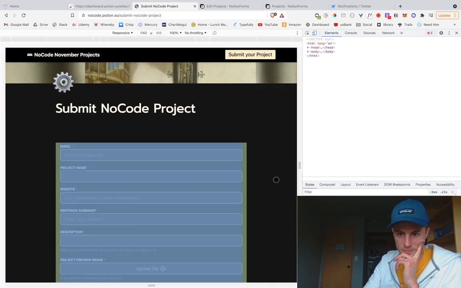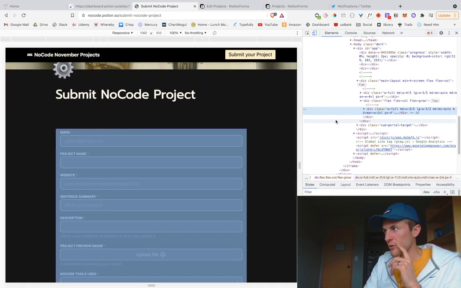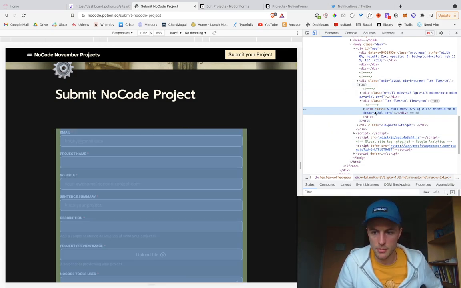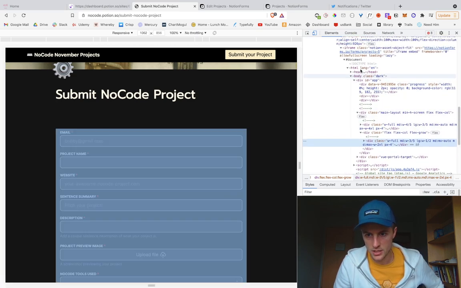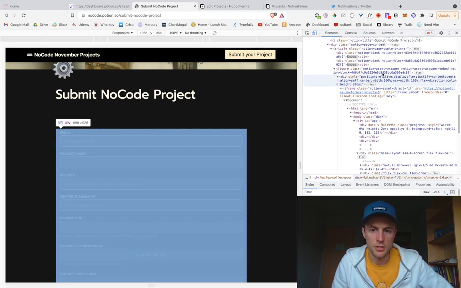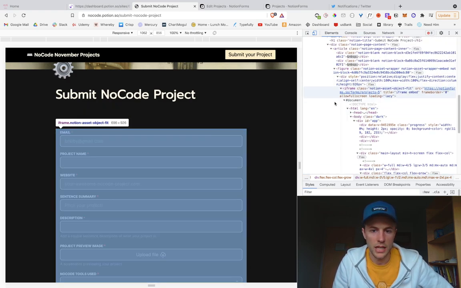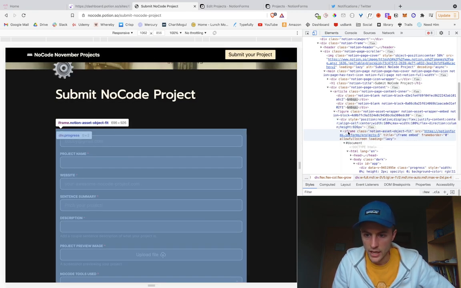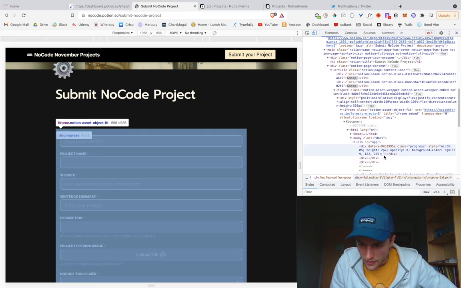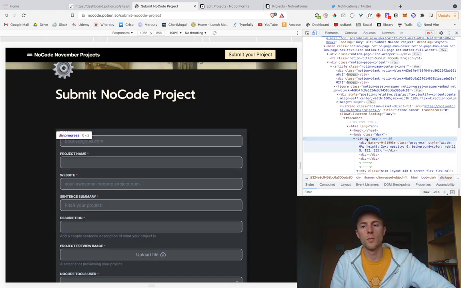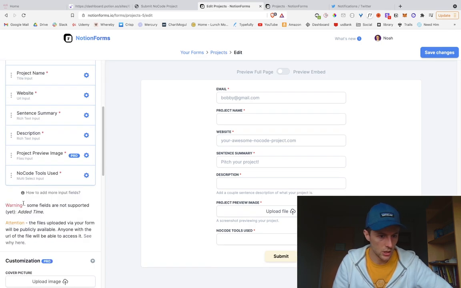So let's see what this looks like. If you know CSS, that will obviously be helpful to really customizing your website. If you don't, basically what I'm doing here is I'm just jumping in the snippet kind of editor. I can see the actual HTML, CSS here, and then I can go in and kind of update it. So if I remember right, I'm pretty sure, yeah, here we go. The Notion Forms has this app class. So I should be able to go in here,